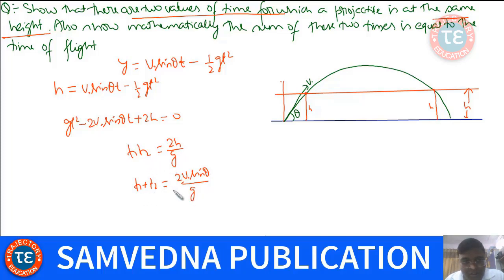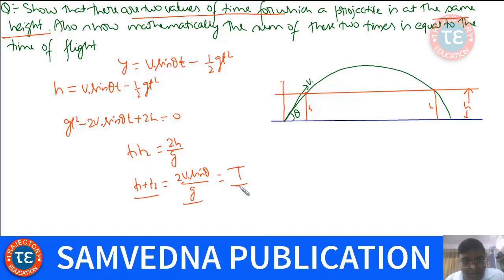So you see, product is positive, sum is positive, so both the times are physically acceptable. If product is positive and sum is positive, that can happen only when t1 and t2 both are positive, right? So that means both of the times t1 and t2 are physically acceptable, and the sum of the time instants,